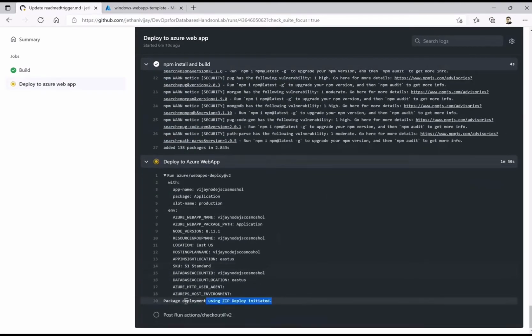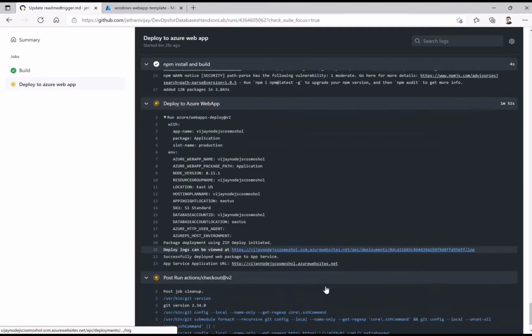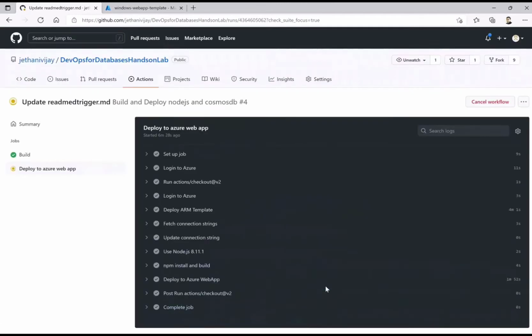Now this is the way you deploy. If you are doing it manually, you could use FTP, deploy through the CLI, or use different methods through your IDE. Here we are doing it directly from GitHub Actions, using a ready-built action for deploying to the website. So this is now complete as a workflow.